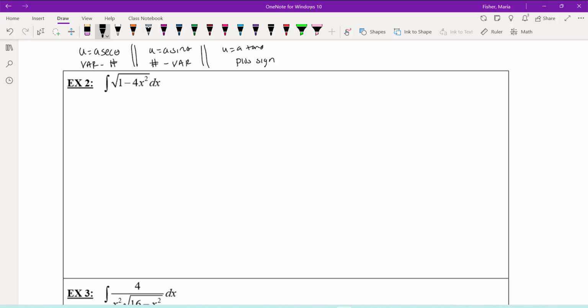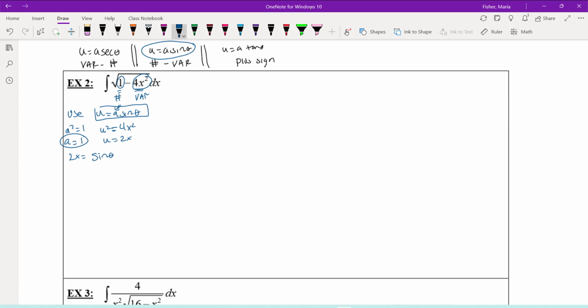Well, I look at number 2, and I have a number minus a variable. Since I have a number minus a variable, I know that the substitution I'm going to use is U equals a sine theta. Now I have to figure out what is U and what is a. A squared is 1, therefore a is equal to 1. U squared is 4x squared, therefore u is equal to 2x. That means that 2x is equal to 1. Well, I don't really need to write the 1, so we're just going to say that 2x is equal to